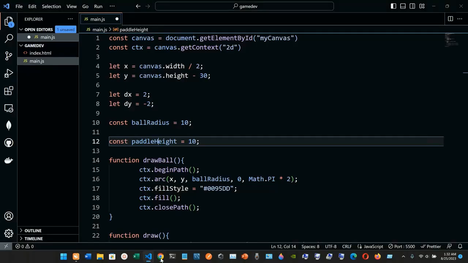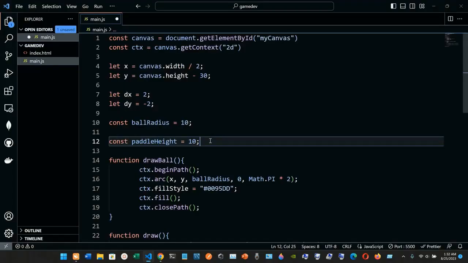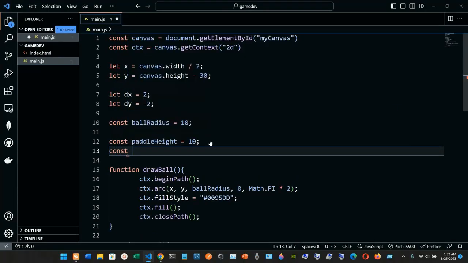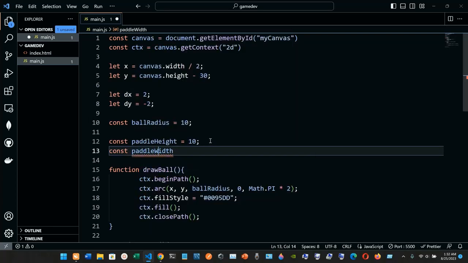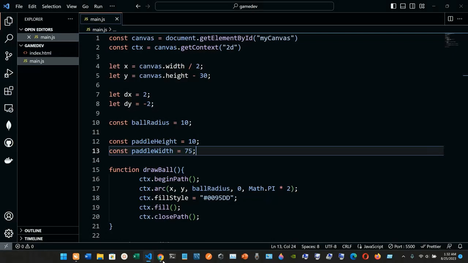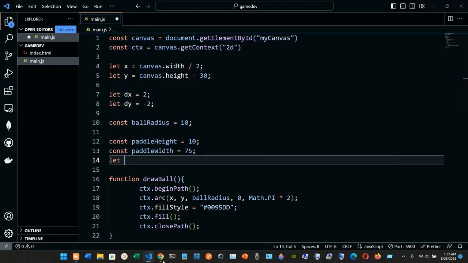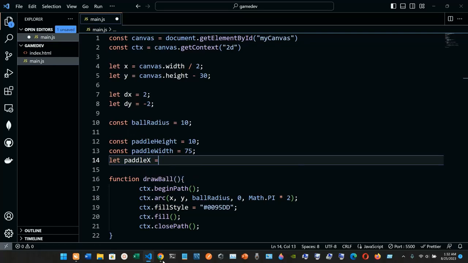Then paddleWidth, and it's going to be set to 75. So we're going to have the const paddleWidth like this, set to the number 75, with a semicolon. And now we're gonna use the let statement declaration, and we are gonna have the paddleX, and we are gonna set it to